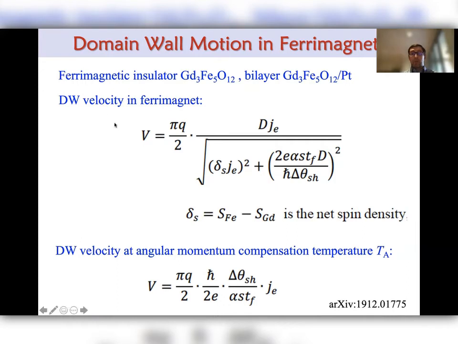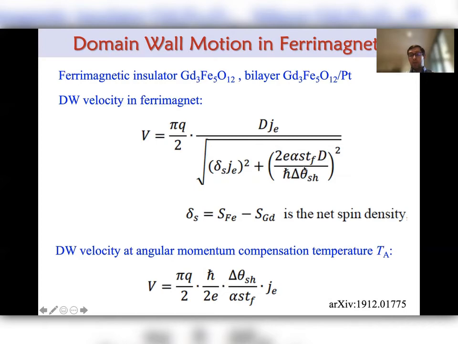And if you do this, we arrive at this expression for velocity. What you can see here is that the limiting factor is under the square root. Basically, if we can minimize the expression under the square root, then we can get the highest velocity. The second term is hard to minimize because it's proportional to the Dzyaloshinskii-Moriya interaction D and other fundamental constants. But actually, in this first term we have delta S,